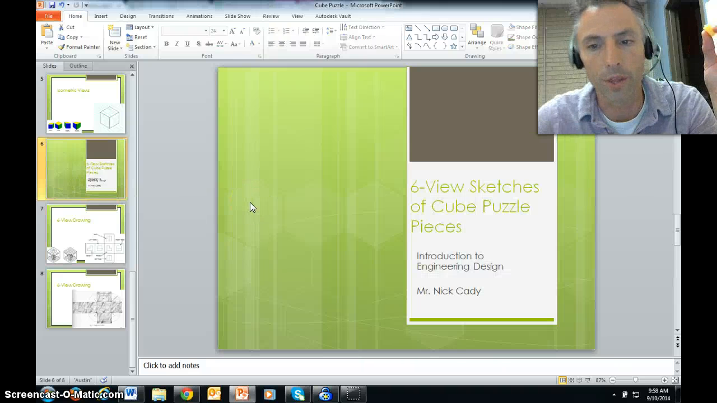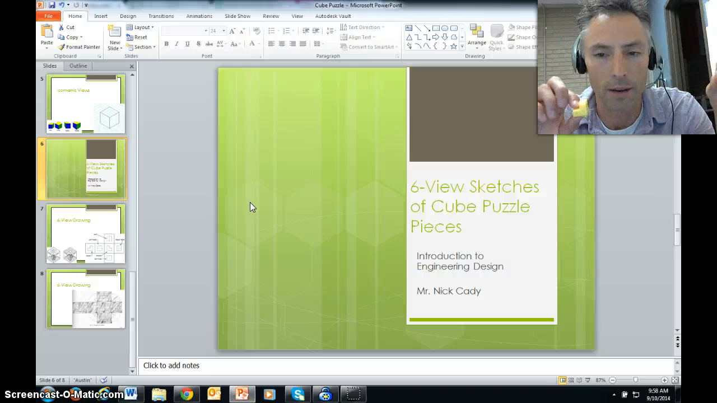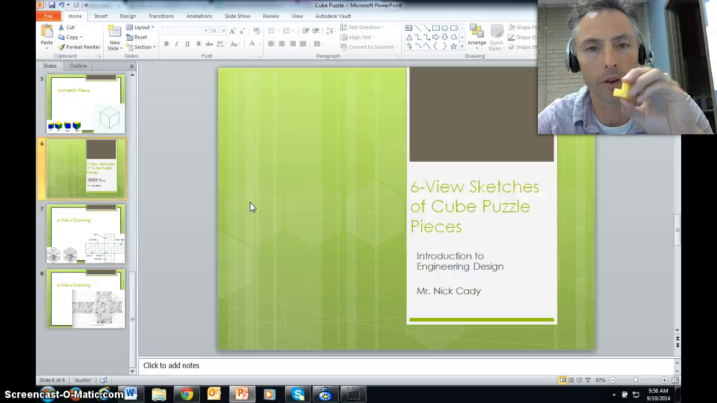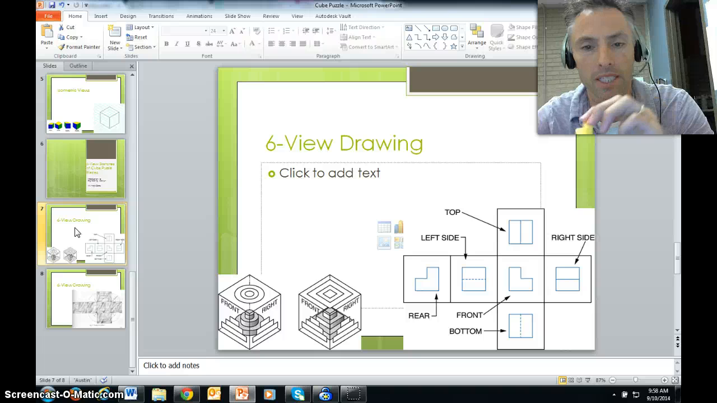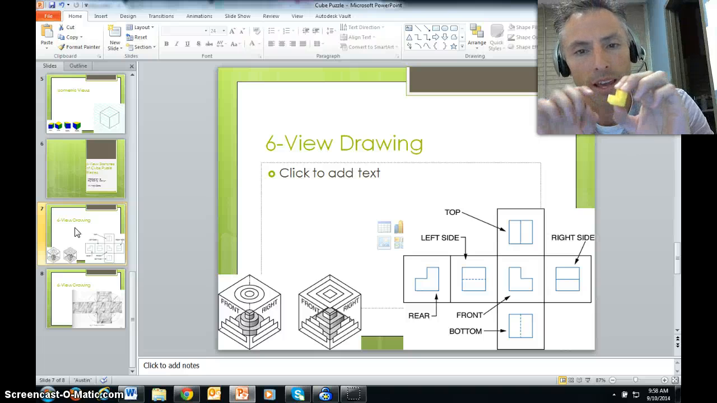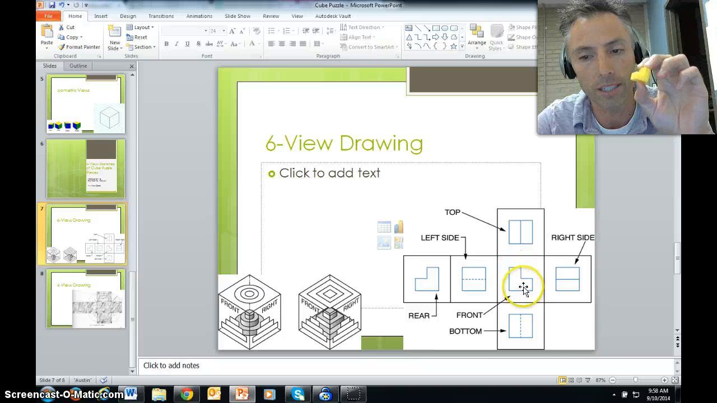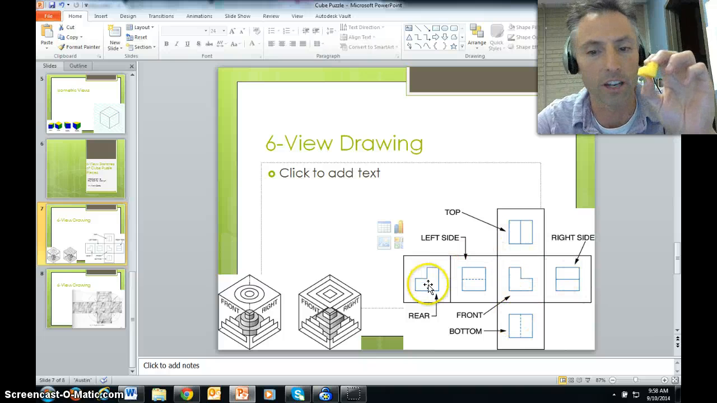All right, we're getting started with the 6 view sketches of the cube puzzle project. So this is one of the pieces we're going to start with right now. It's 6 different cubes attached together kind of in the shape of an L with a double depth to it. And this is a 6 view of what it would end up looking like when you sketch it. So the 6 views are your front, your top, your bottom, your left, your right, and your back side or